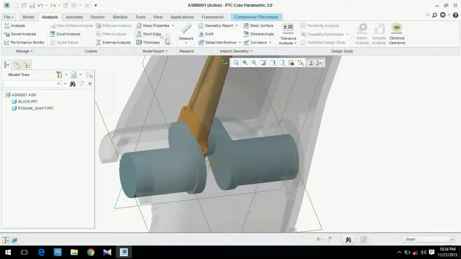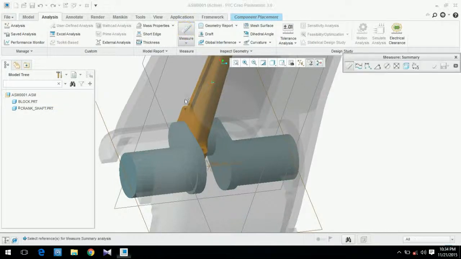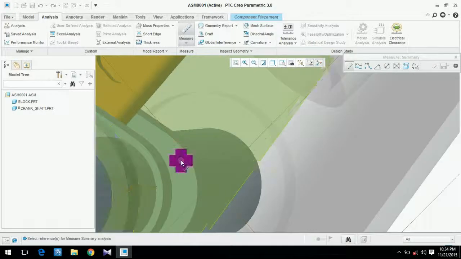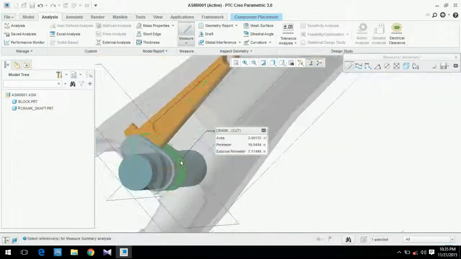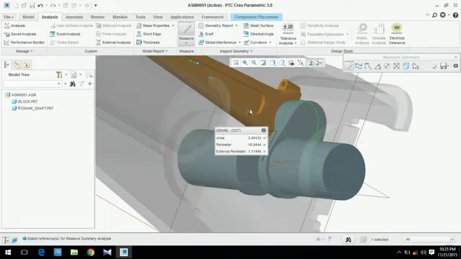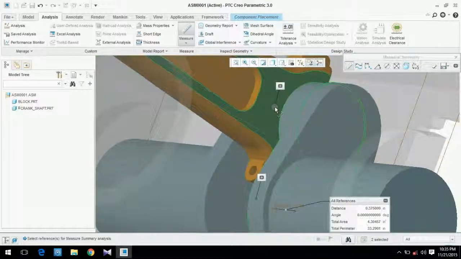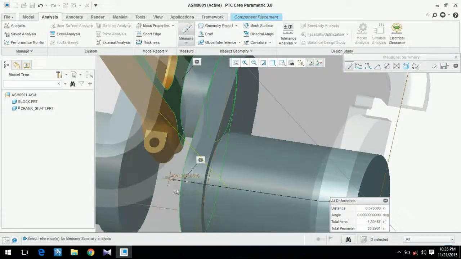Just measure the distance between, right click this surface, right click, hold control and select this face. Then it shows the distance between this. Total distance is 0.375.